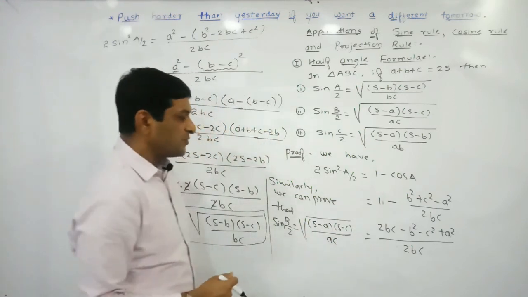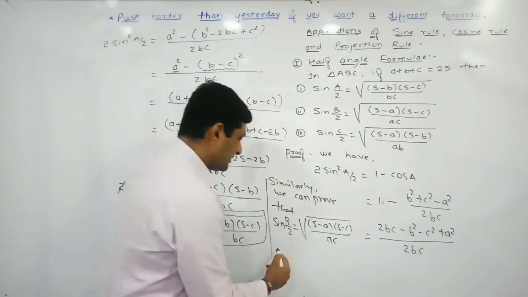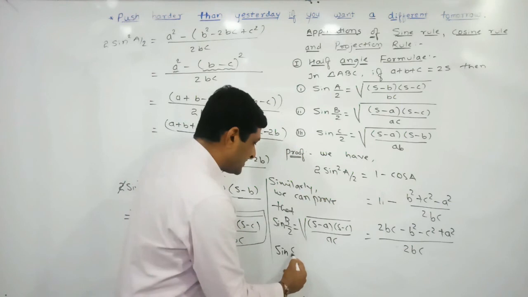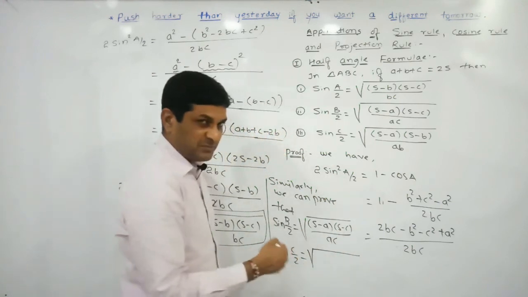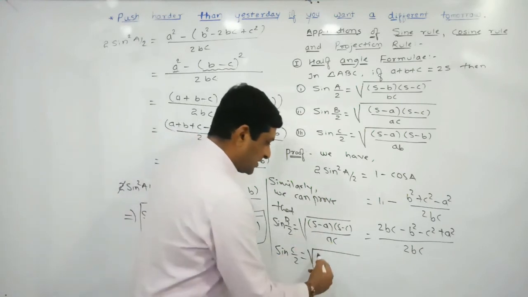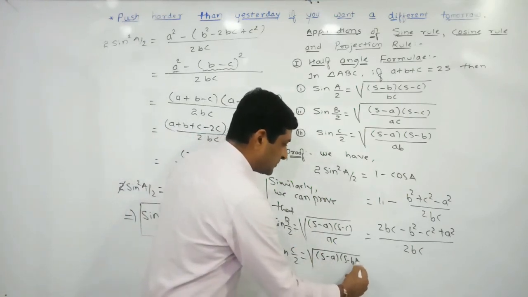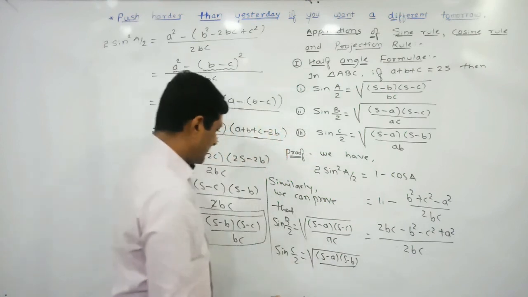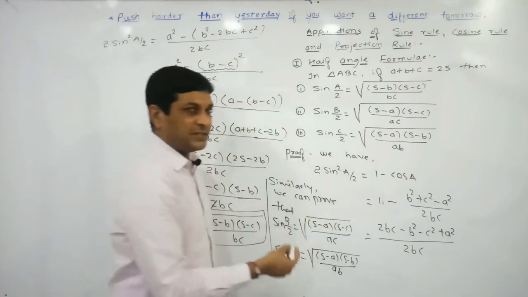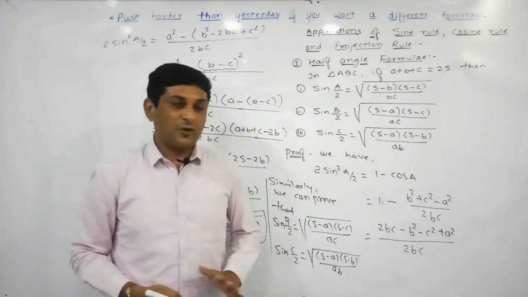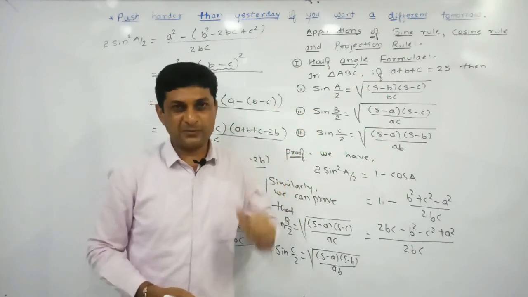In this way we have got the proof of the second formula. And similarly, what will be the value of sine c by 2? Observing here, c is there, which means in the numerator the term s minus c is missing, so the terms there are s minus a into s minus b upon, here we will get ab. In this way we have proved the half angle formula for sine, meaning the values of sine a by 2, sine b by 2, sine c by 2.